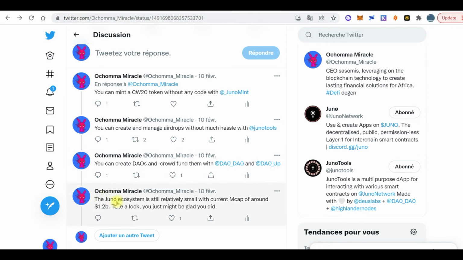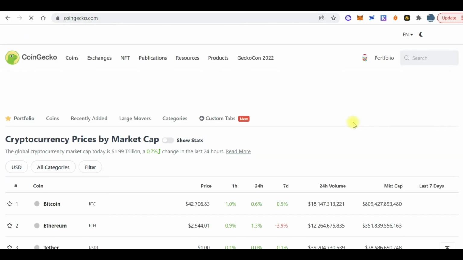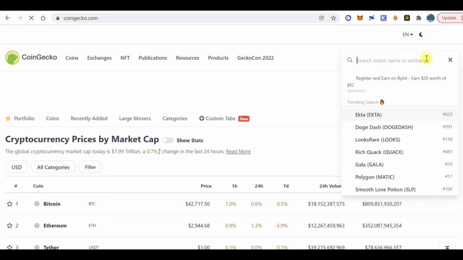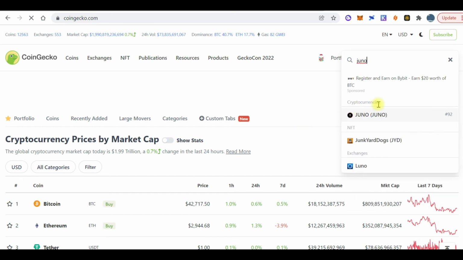So lastly, I mentioned the Juno ecosystem is still relatively small, with a current market cap of around 1.2 billion. Now if we go to CoinGecko, let me try to refresh this. Let's say we look at the Juno token itself, to see its price and market cap.